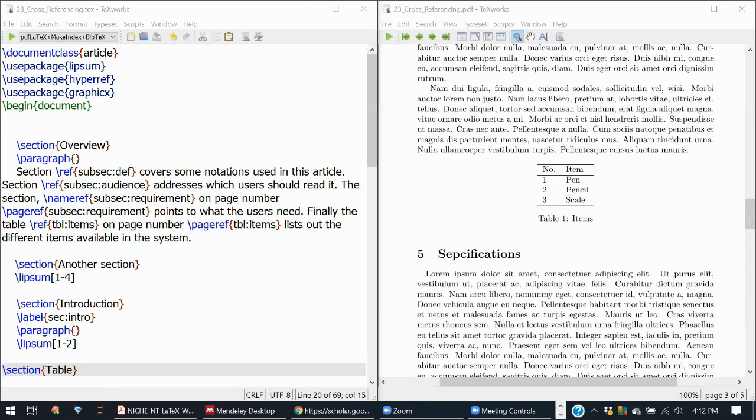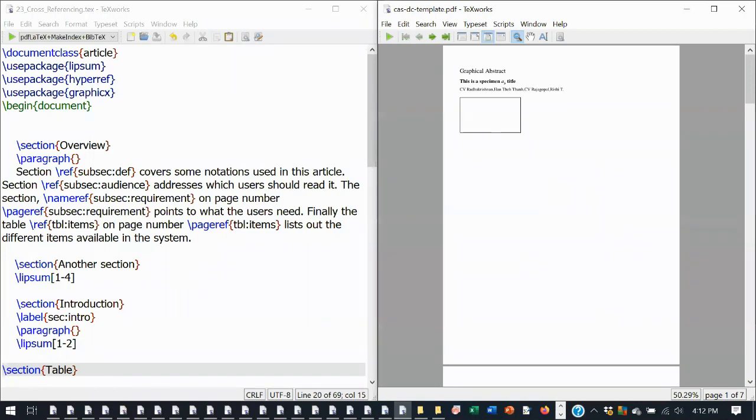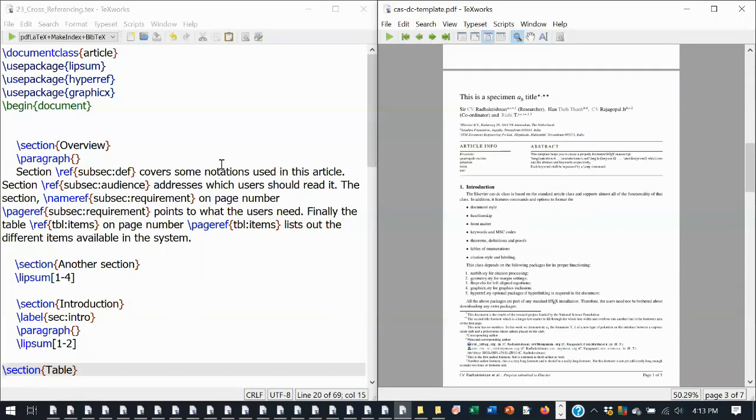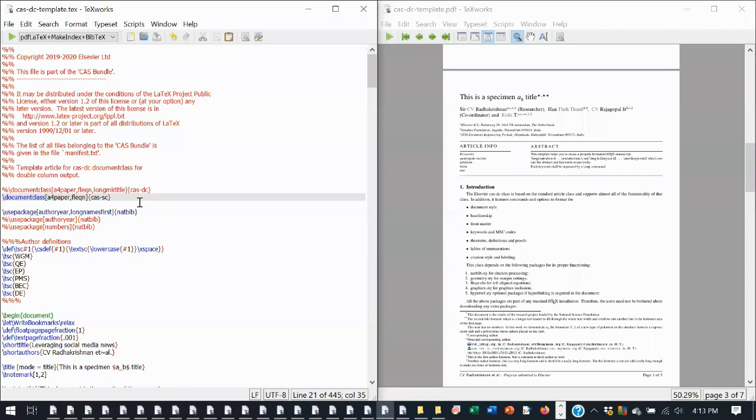Another question is that in some journals after the title the abstract will be a paragraph, and then from the introduction it will be formatted as columns. Yes, that is defined by the journal class. I have shown you this. Here also we will compile it with double column.